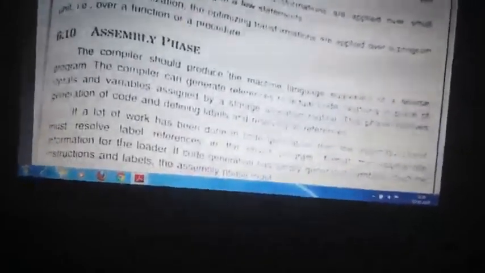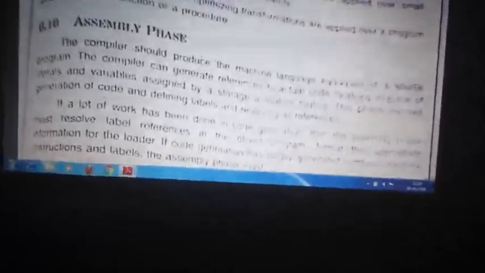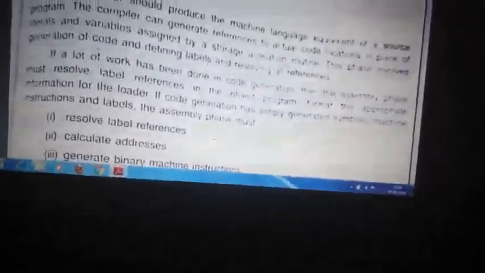Assembly phase. Last, this is nothing but assembling. All the optimization and generation is over. Now it assigns one after the other so that it will be ready for execution. Everything is done by the compiler, and only the linking is done. Then the program allocations, everything will be done by the linker. It will just give the second output, the object program. But if it should load, then it should perform. At least there is no task for the assembler if everything is done by the linker.